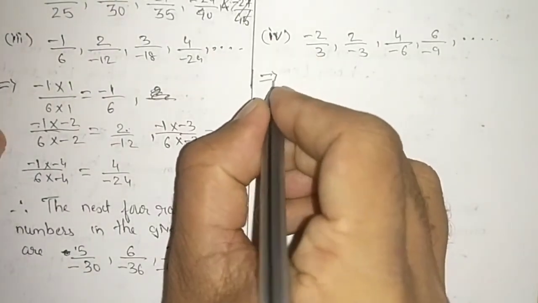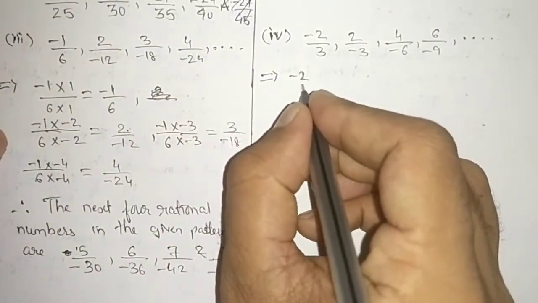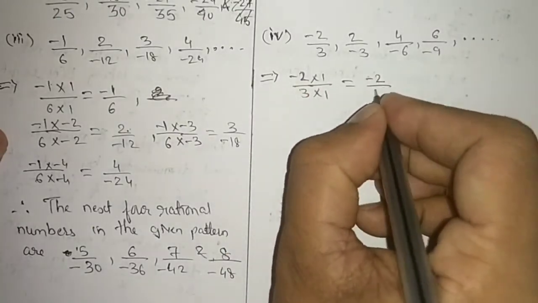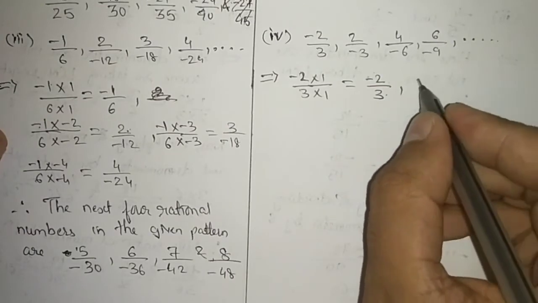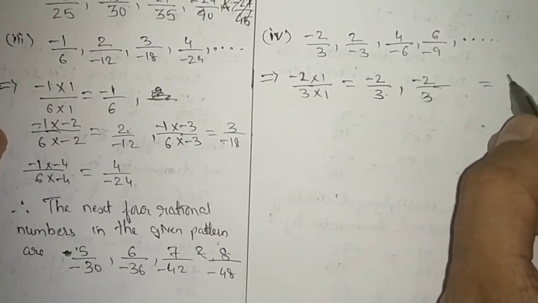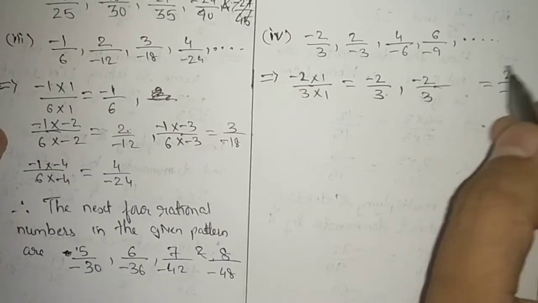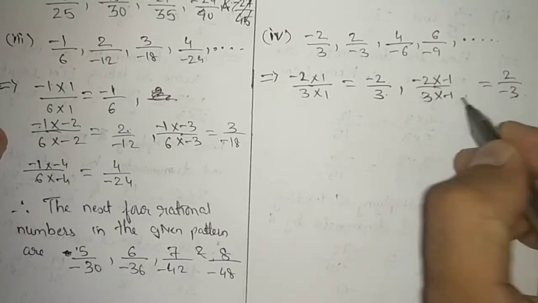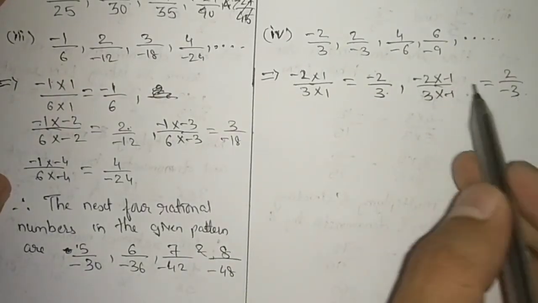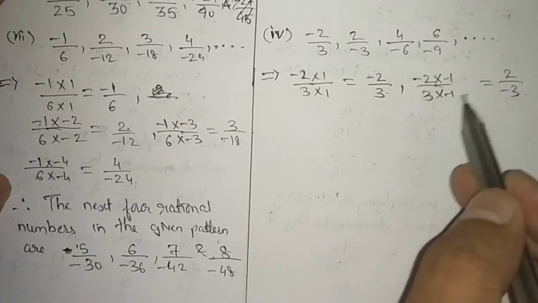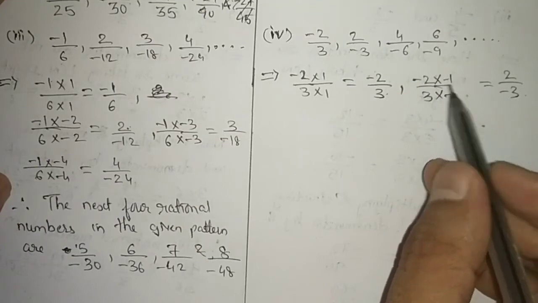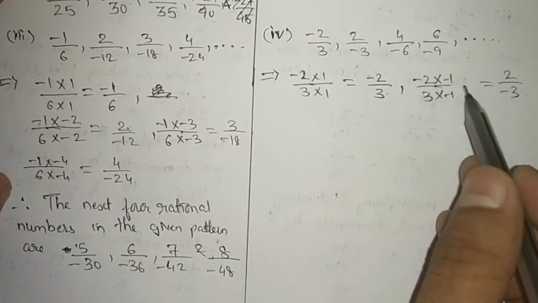First we will observe the pattern. The first number which we have got is multiplied by 1, then only we will get minus 2 by 3. Second number, if I see, 2 divided by 3 was our first number, and the resulting answer is 2 by minus 3. So definitely it is multiplied by minus 1 in numerator and denominator, then only we can get 2 by minus 3, because minus into minus is plus and minus into plus is minus. So we have been given, first it is multiplied by 1, then minus 1.